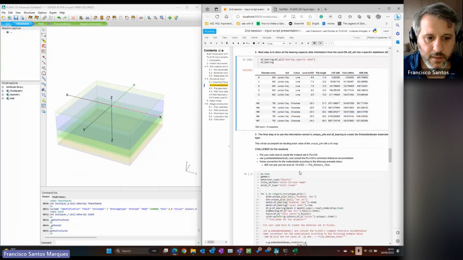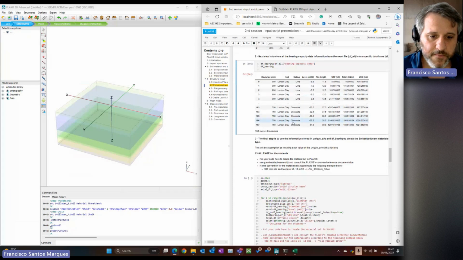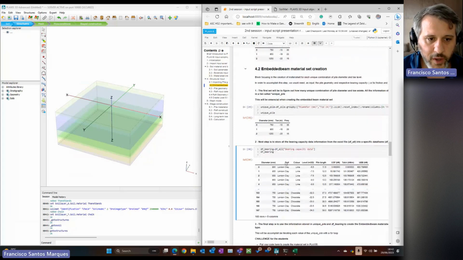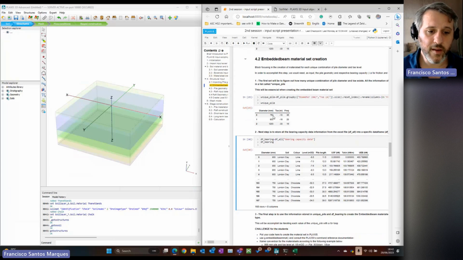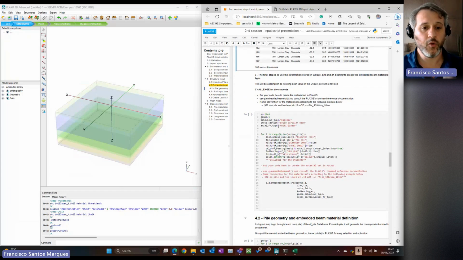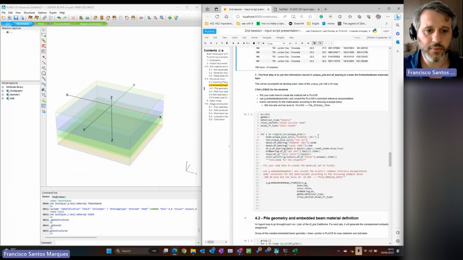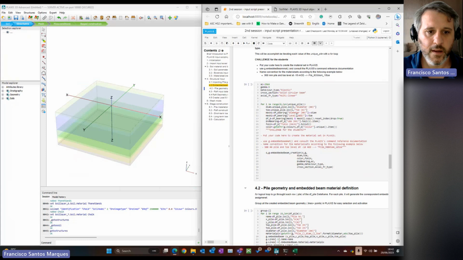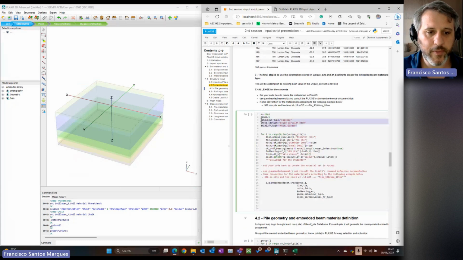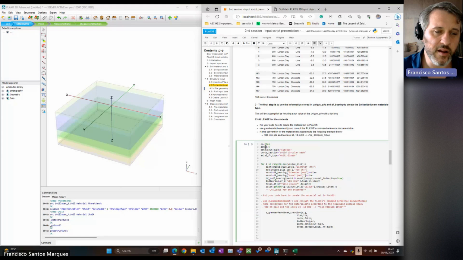Now that we have this data frame and we know the unique combinations for each pile, the next step is to run a loop 3 times, one for each set of pile. It's here in this loop function, in which some of the parameters are already fixed. We are assuming that the Young's modulus of the concrete is going to be 25 gigapascal. The gamma is going to be 5